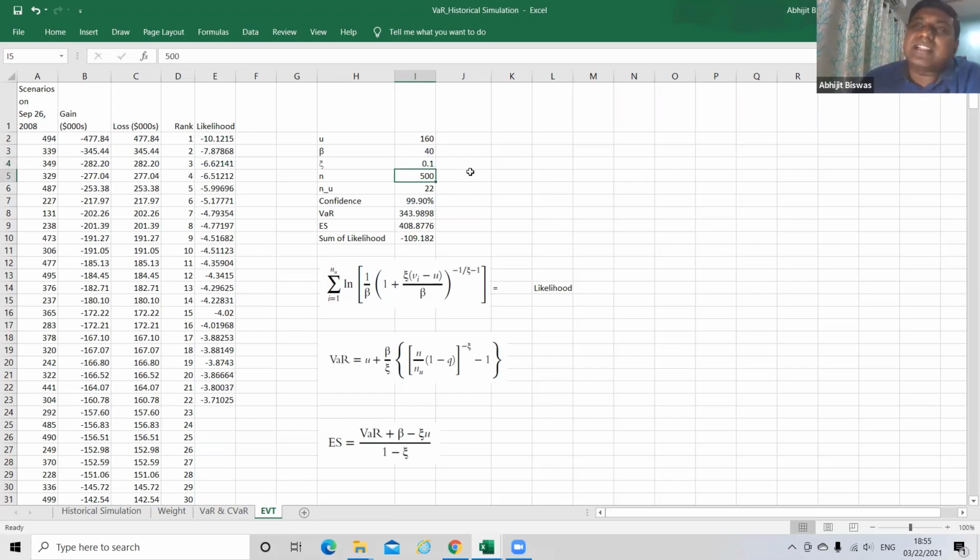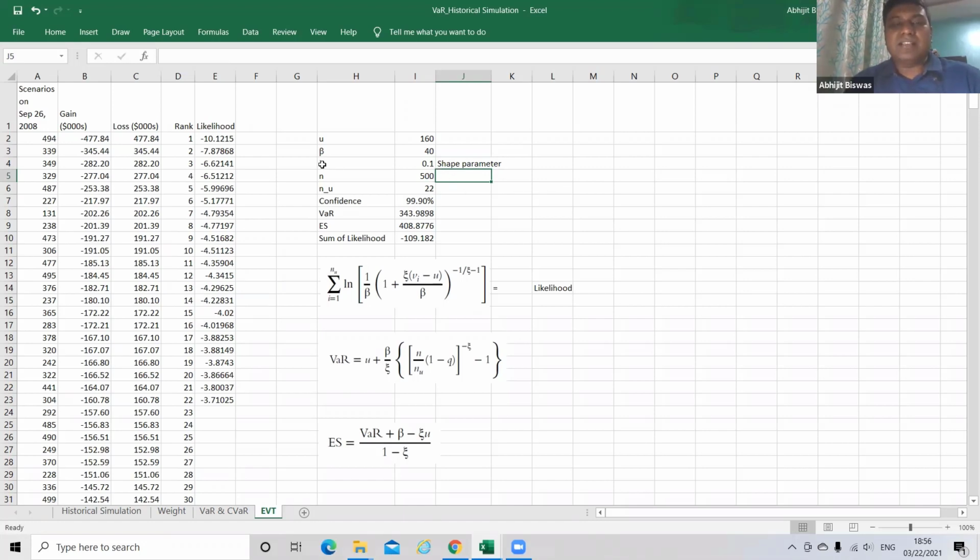Generally, for financial data series, this value ranges from 0.1 to 0.4. And what is this? This is called the shape parameter.